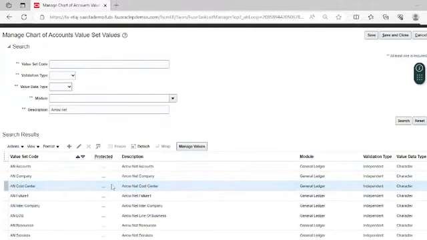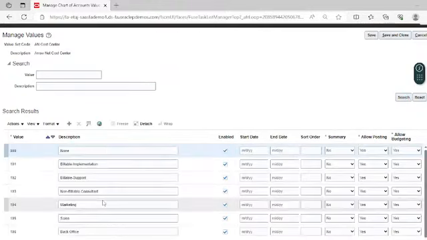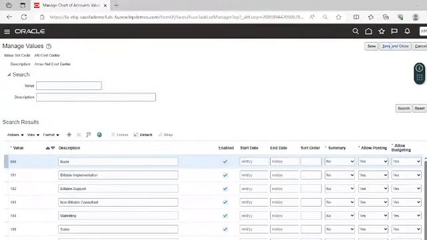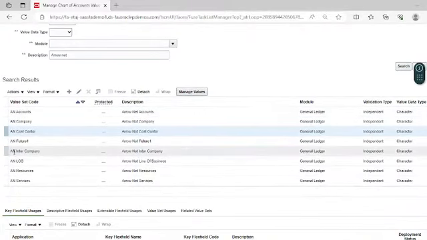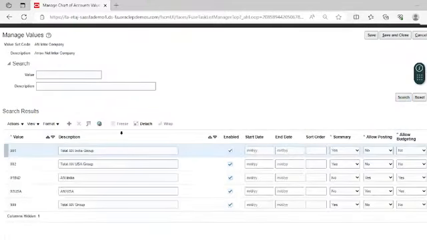Then click on cost center, manage values, and again blind search; these are the values for the cost center. Then click on intercompanies, then search, and we have added these values for the intercompany. Now we will start with the resources today.